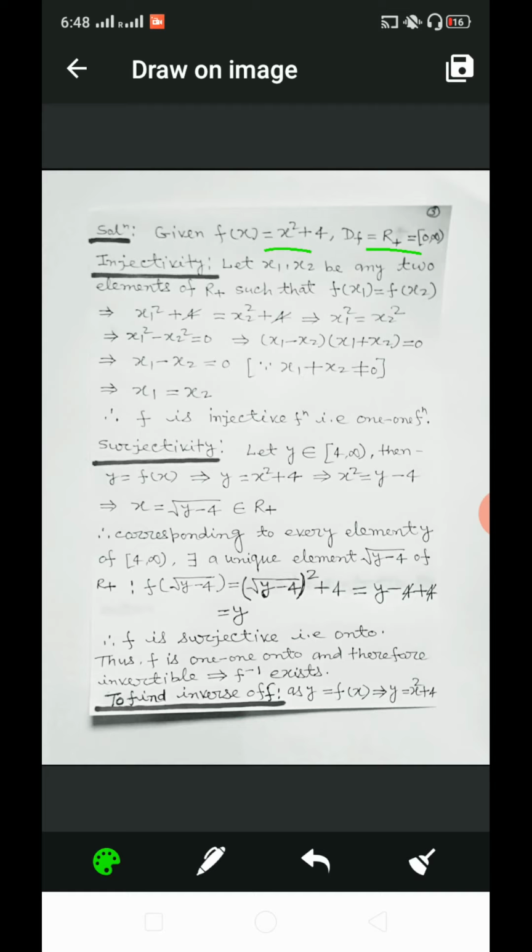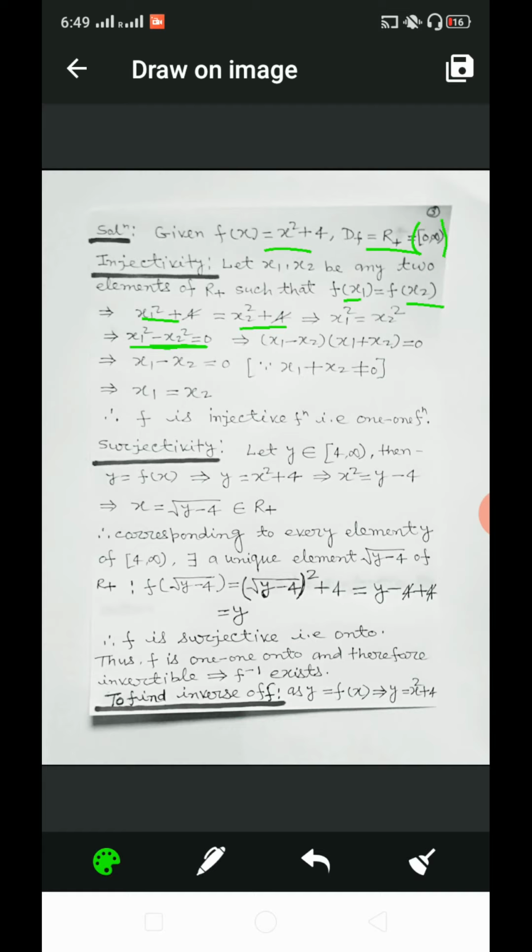So for injectivity, that is one-one, let x1, x2 be any two elements of R plus such that f(x1) is equal to f(x2), and we can write x1 square plus 4 is equal to x2 square plus 4, and after solving we get x1 square is equal to x2 square, and we can write x1 square minus x2 square is equal to 0, and this can be written (x1 minus x2) into (x1 plus x2) equal to 0